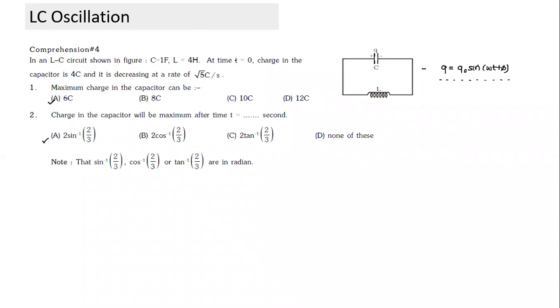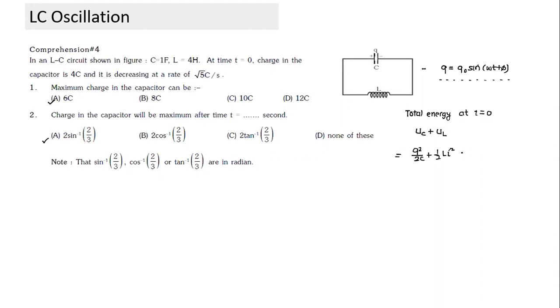Can we write, at this time t is equal to 0, what is the total energy at time t is equal to 0? Yes, sir. We can write half I square L plus Q square by 2C. I can write this because all the things necessary are given. So the total energy can be written as the energy stored in the capacitor plus the energy stored in the inductor, which will be equal to Q square by 2C plus 1 by 2 L I square. The I value is given, the C value is given, so Q, C, I are all given.